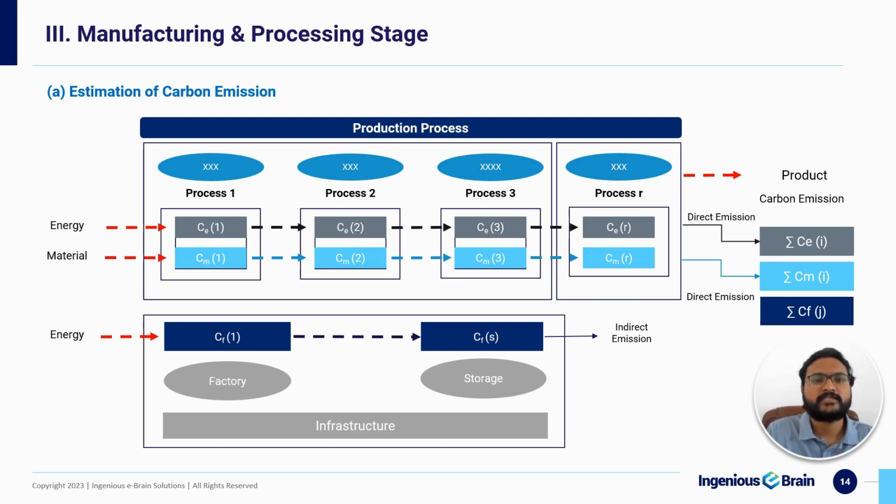In the manufacturing and processing stage, the raw materials or the semi-finished products are consumed at the different production facilities. In those facilities, we have to understand the different processes responsible for the complete assembly of the semi-finished products, as well as the other processes responsible for the final production of the products. We also need to analyze the energies consumed across these processes and what other complementary materials are required at this stage for the betterment of the